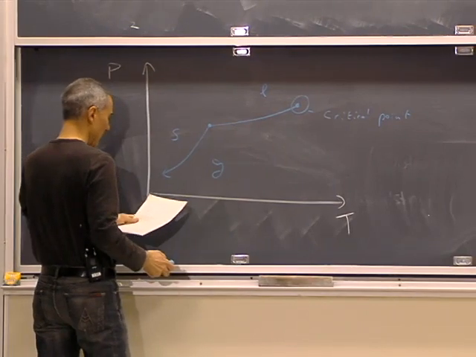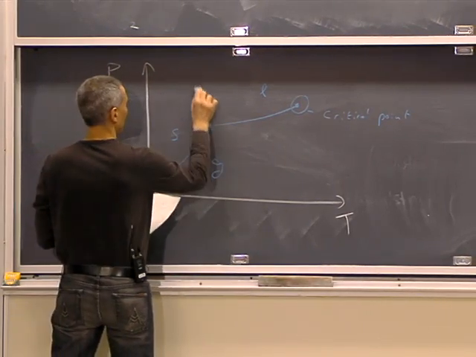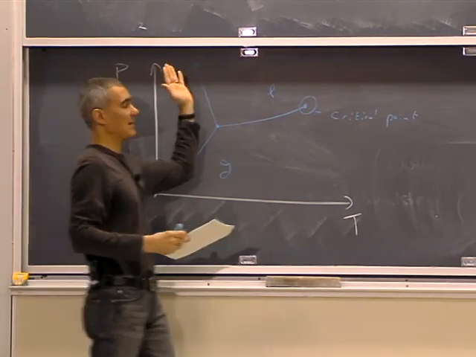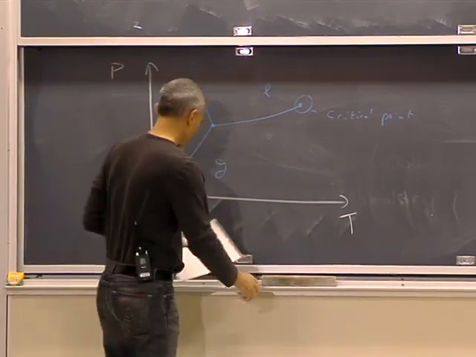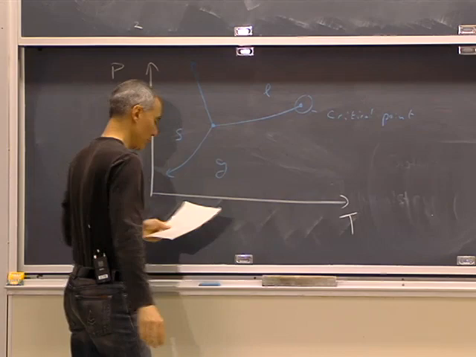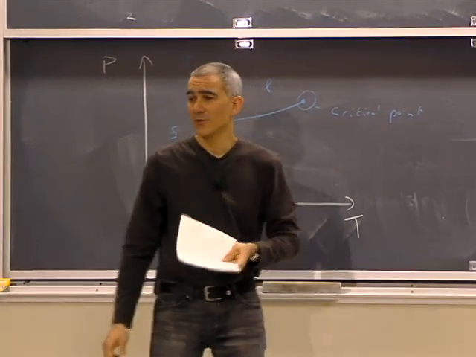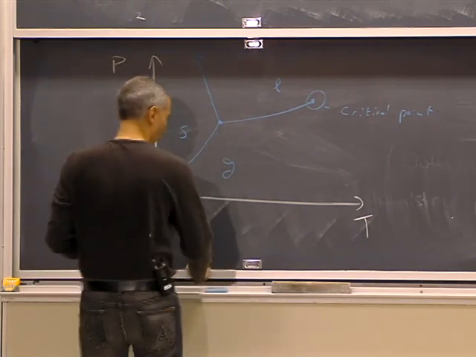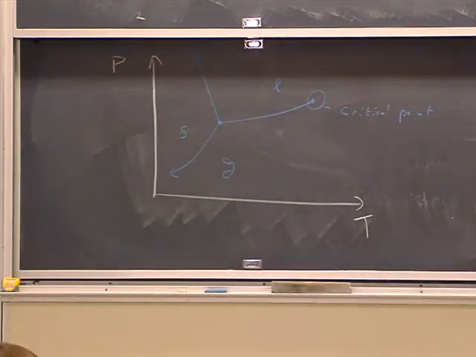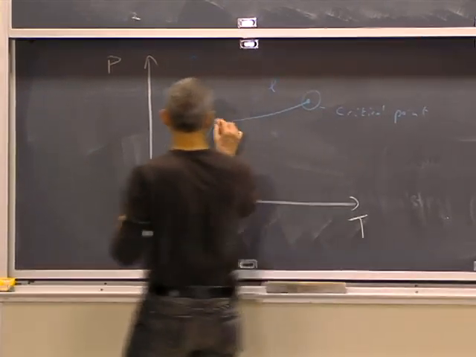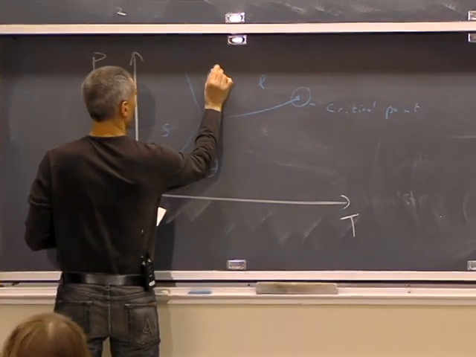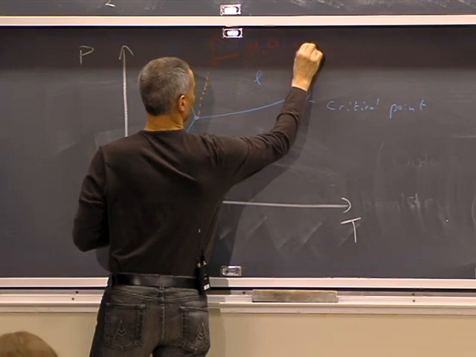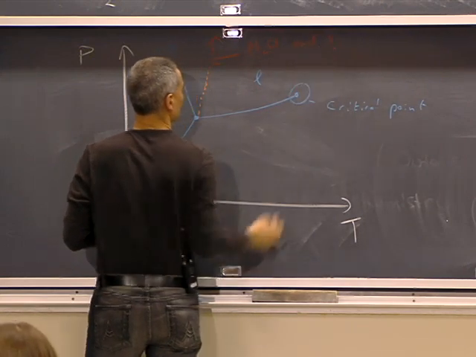Then there was a solid-liquid coexistence line, which usually has a negative slope, except for the two most important substances on Earth, which are water and silicon. Right? So for water and silicon, we have a positive slope, H2O and silicon. This is why